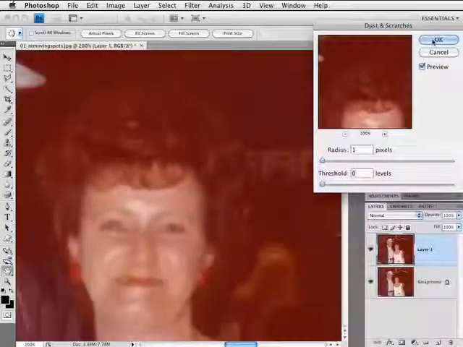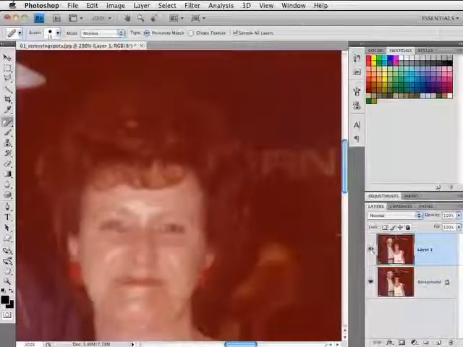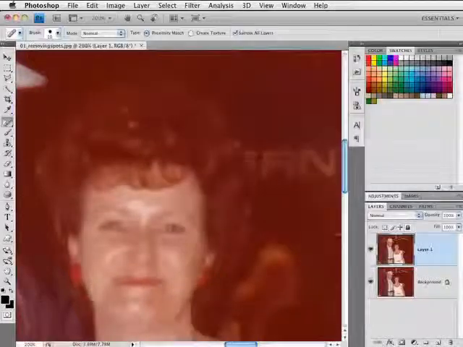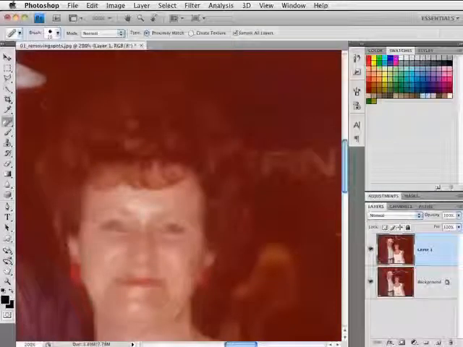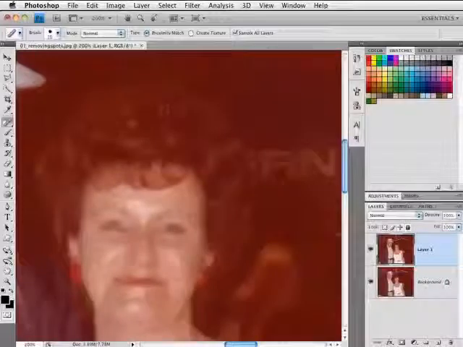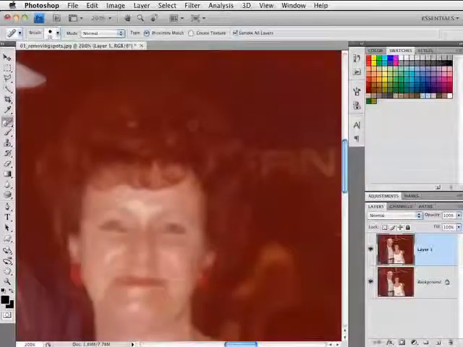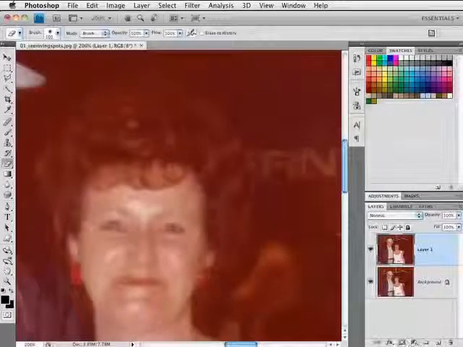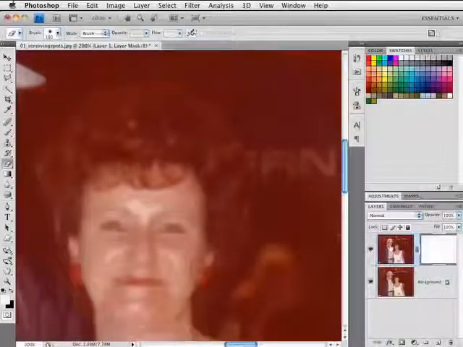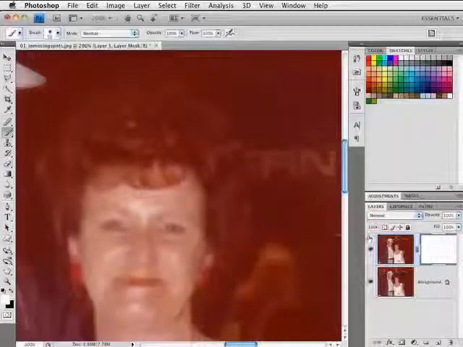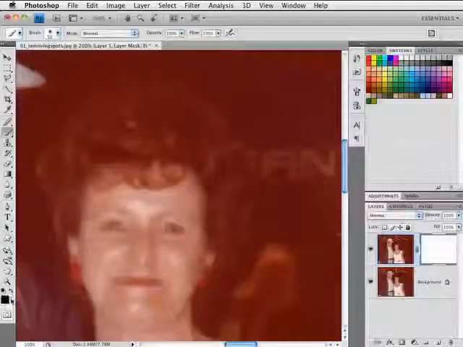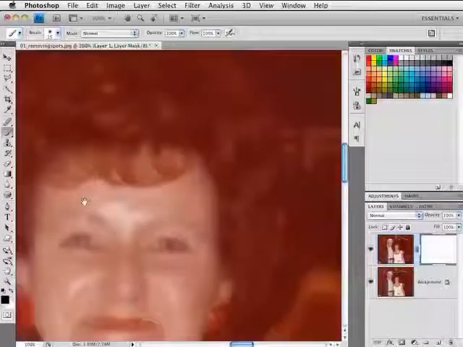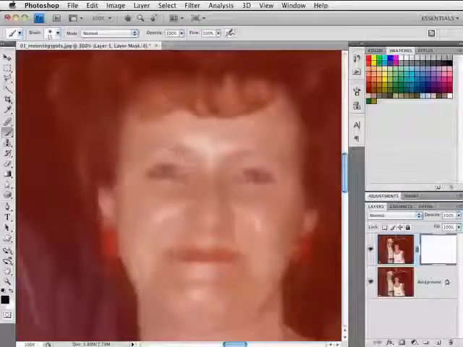I'm going to click OK at this point. The only thing you're going to notice, and it doesn't happen all the time, is that in removing these little spots, Photoshop can sometimes blur some of the details a little bit. It's not totally apparent, but if it does happen, one of the things you can do is add a layer mask to the layer that you added the filter to. Take your brush tool, set your foreground color to black, and make your brush small enough. All we're going to do is go in here and paint back in some of these areas,